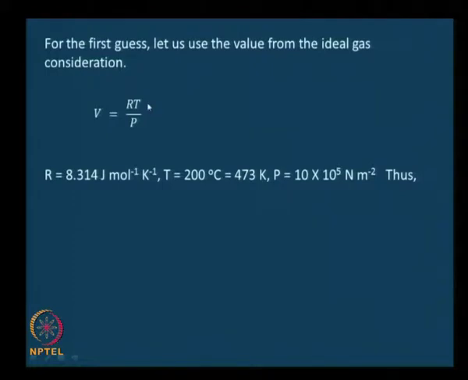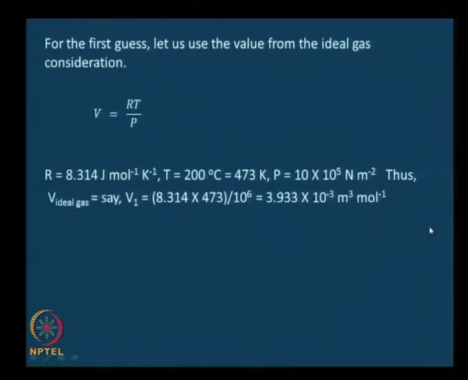R, as we all know, is 8.314 joules per mole per Kelvin. T was 200 degrees C, but we know that we need to use T in Kelvin, so we add 273 to it to get 473 Kelvin, and pressure was 10 atmospheres. We need it in a consistent set of units, therefore we multiply it by 10 power 5 Newton per meter squared, and if we substitute RT by P here, the numbers for that, we get the ideal gas, let us say V1 in terms of our iterative solution